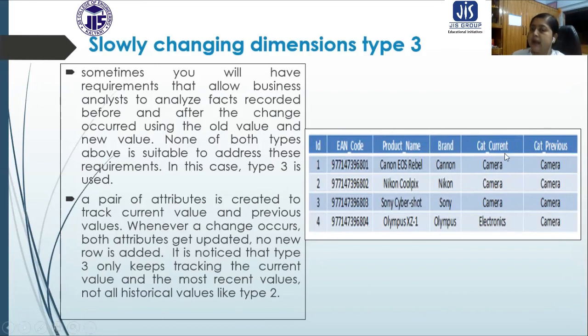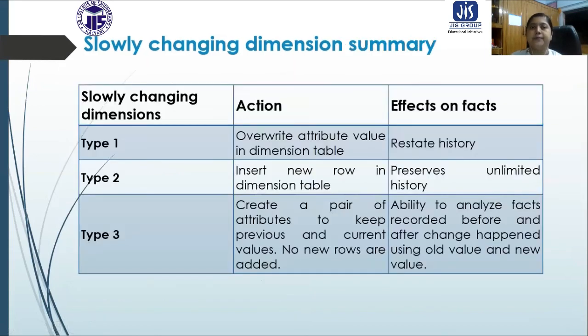So category current, category previous. So if the category changes, only in this case the change is made. So you can see in those cases, there is no change. So all are maintained like this, only here the changes are reflected. So from here, analysis can be done very easily because the data is represented like this. So this very easily satisfies the purpose of that business. Okay. So type 3 is for that purpose.